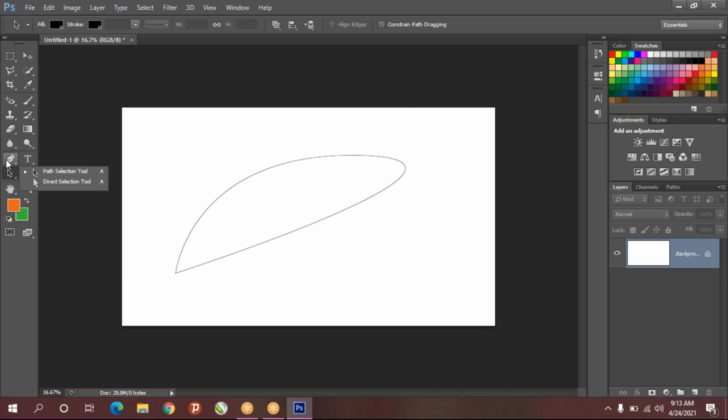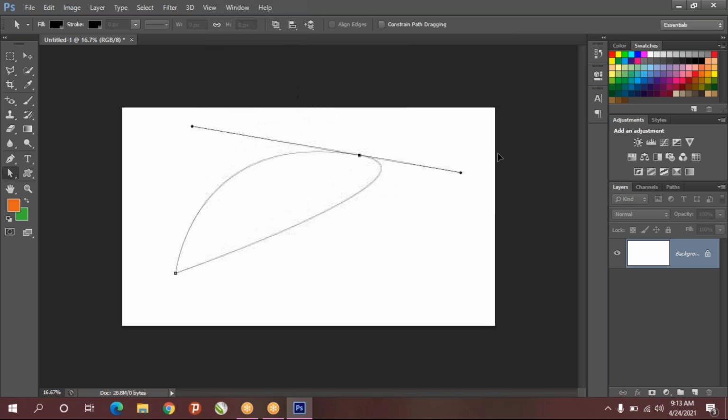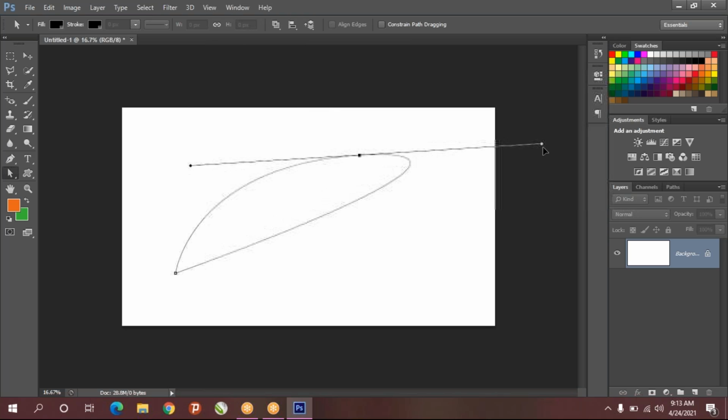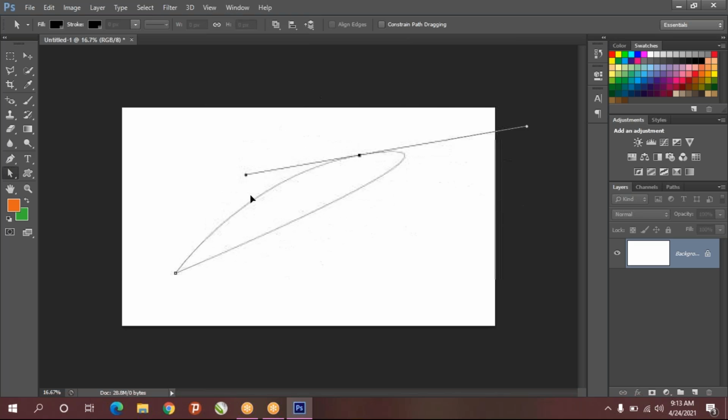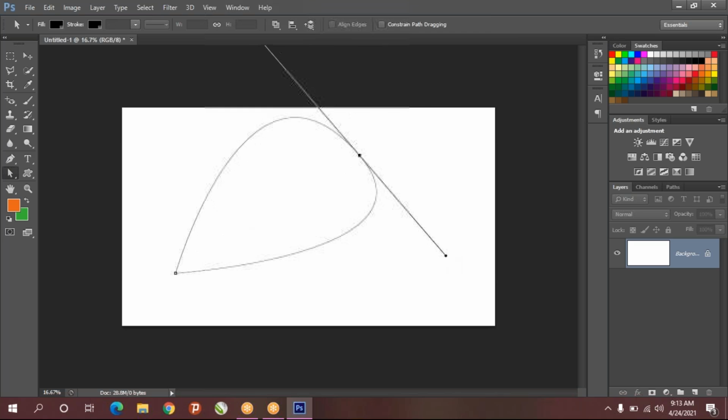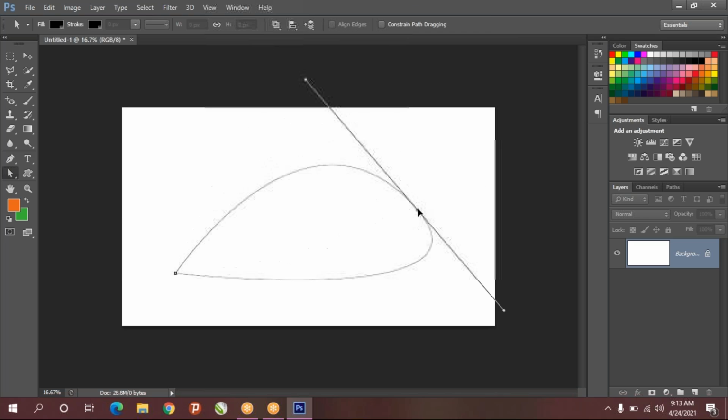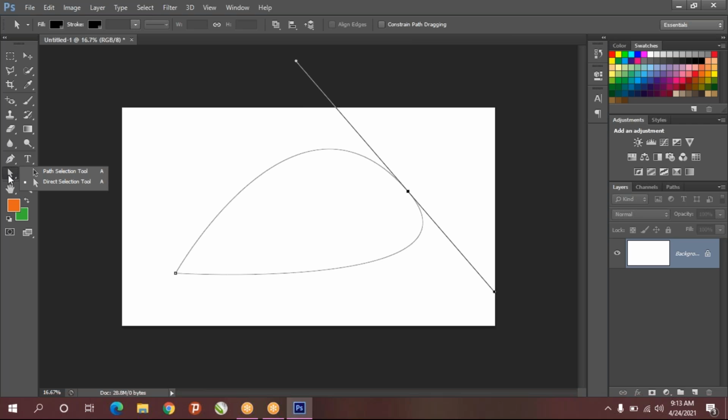We have direct selection below the pen tool. The shortcut is A for direct selection. See, the curve goes in this direction, and if you bend this also, you can't get that leaf. Using direct selection, you can adjust the points where you want, and move them wherever you like.